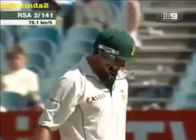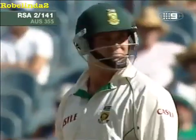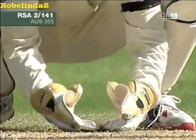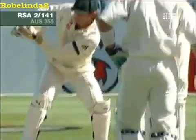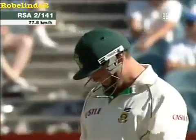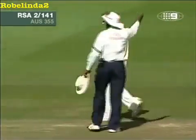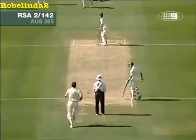Shane Warne straight around the wicket to Kallas. Interesting ploy, obviously a plan the Australians have come up with. I can imagine it went down a treat with Mark Waugh. Actually got a few words out of Mark Waugh when he went round the wicket like this. Mark didn't enjoy this too much, but...